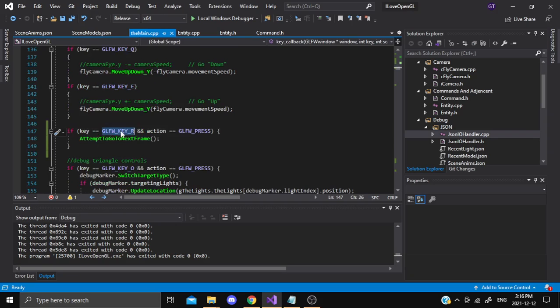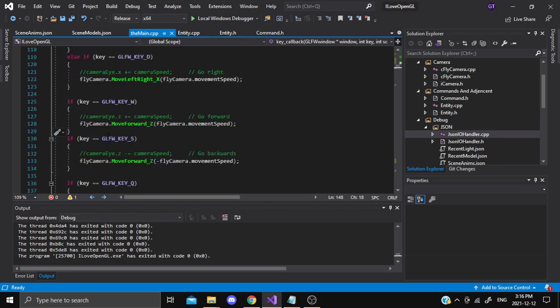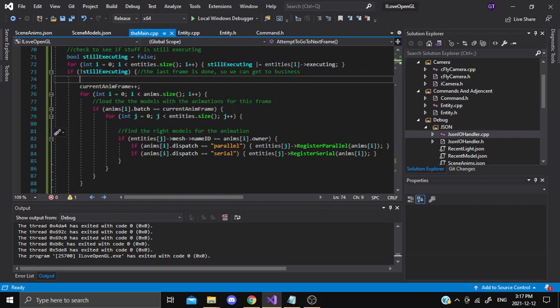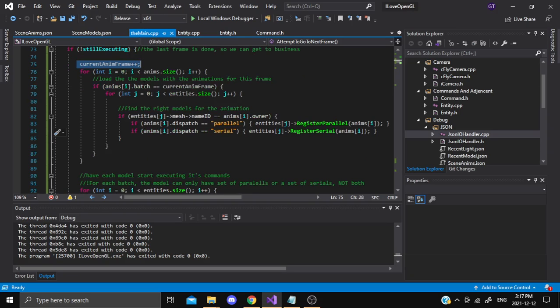When key R is pressed, we attempt to go to the next frame, which is just this method here. So, right here, we check to see if any animations are still being executed. Because if there's still animations being executed, we don't want to move on to the next batch of animations. However, if they're not executing, we can move on to the next frame, in which case we go through